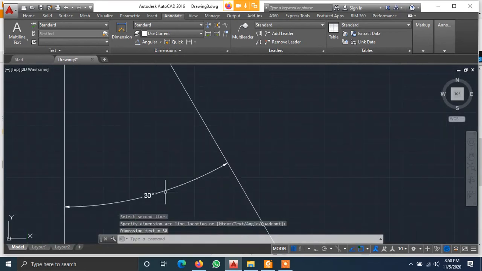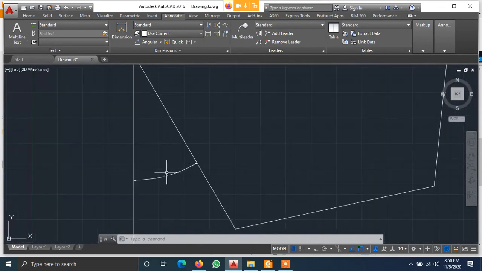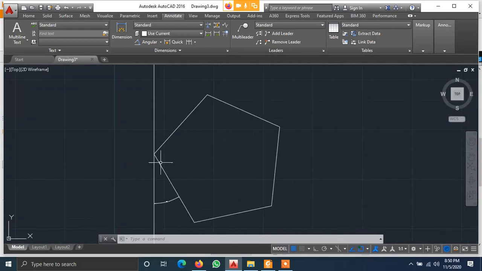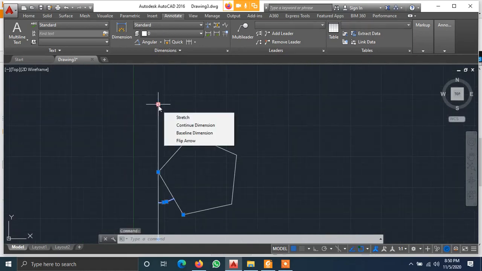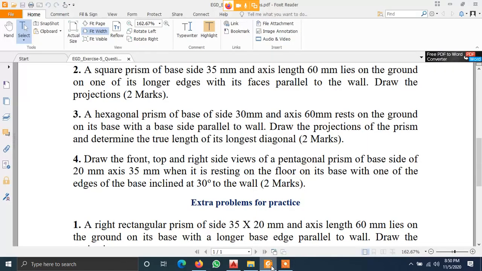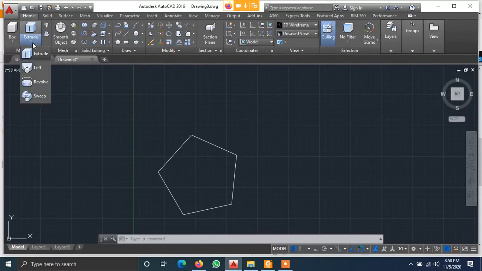Here it is 30. This side it is not showing 30, but this side it is showing 30. Okay, it is also correct. You have to find out, because two lines are intact with the wall, so make sure at least one thing is 30 degrees. Now you can delete this and start extruding it to a height of, what is the axis height? Axis height is 35 millimeters. So click on extrude,